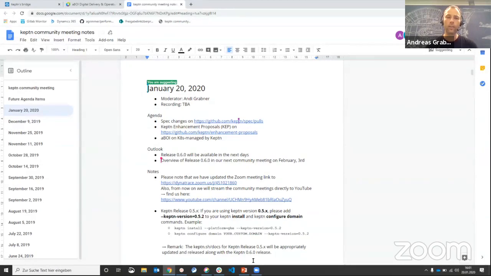Now, before I hand it over to Sebastian and team and Andreas, a couple of things we want to highlight in outlook. First of all, thanks to all of you for all the feedback on the 0.6 beta releases that we pushed out at the end of last year. A lot of great feedback. Also, a special thanks to the folks at aBOI. A lot of these improvements actually made it into the final release, which will go out in the next couple of days. Then there are also going to be more community meetings coming up.